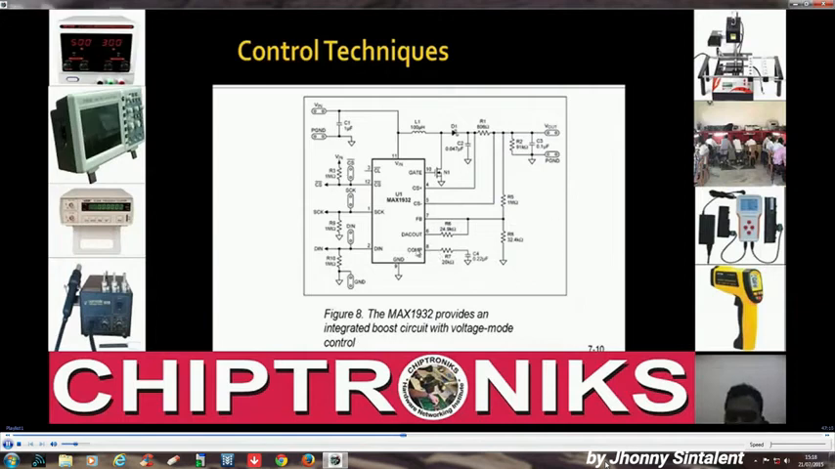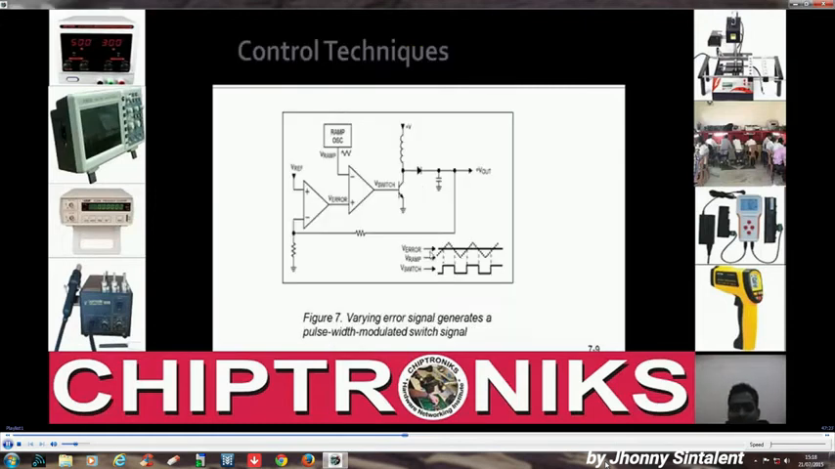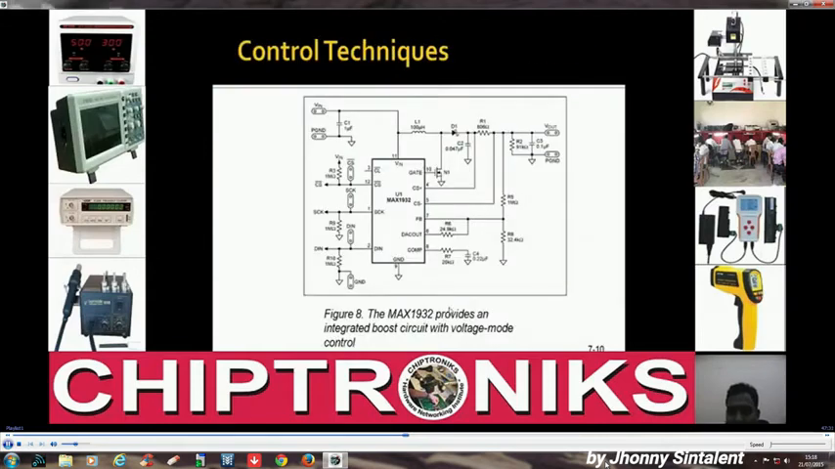This is COMP. What is COMP? COMP is basically, this will output the V error. Basically this will output this one. This, it will output this one over here. Okay,